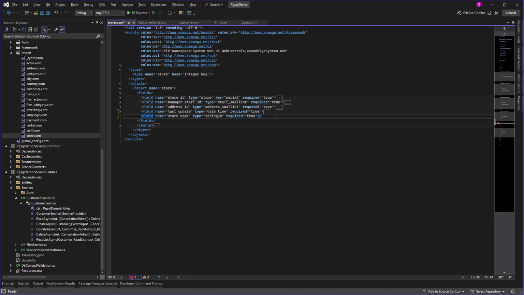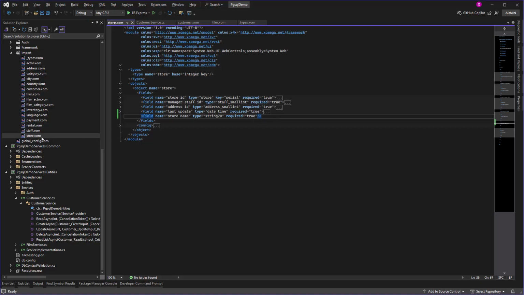Before we update the database, let me show you how to display a user-friendly name instead of the internal ID for a static and small list of objects, such as our list of stores, which has only 2 records in the sample database. To enable that, we'll add a read_enum operation to the store object that returns key data for all stores, which can be cached in memory and used to convert internal IDs to display names and vice versa.